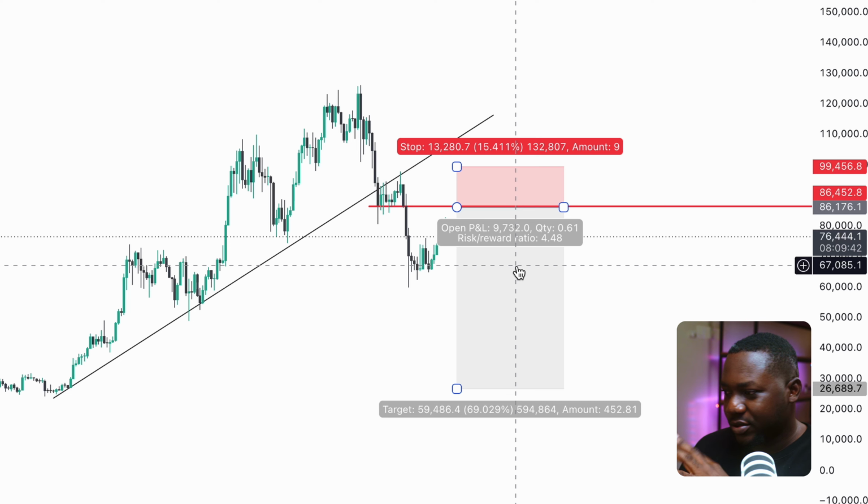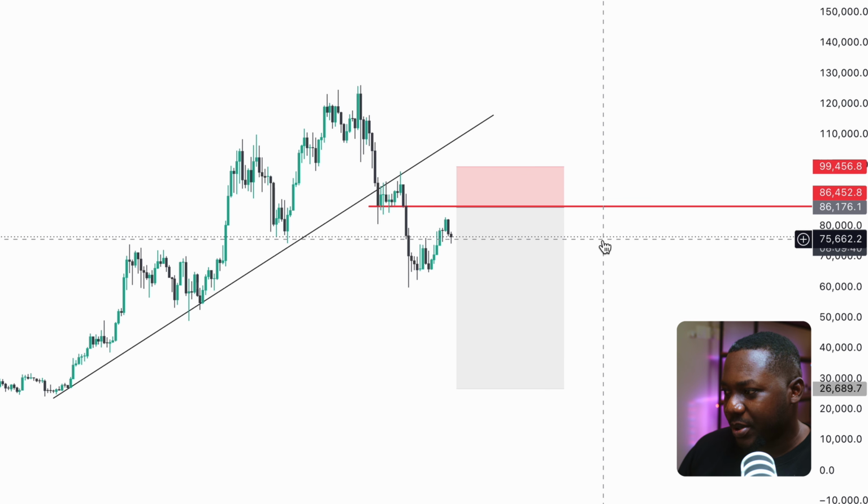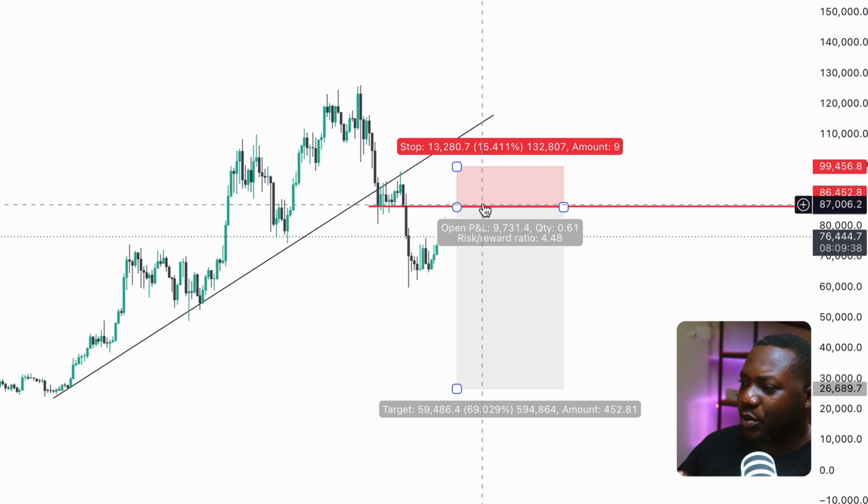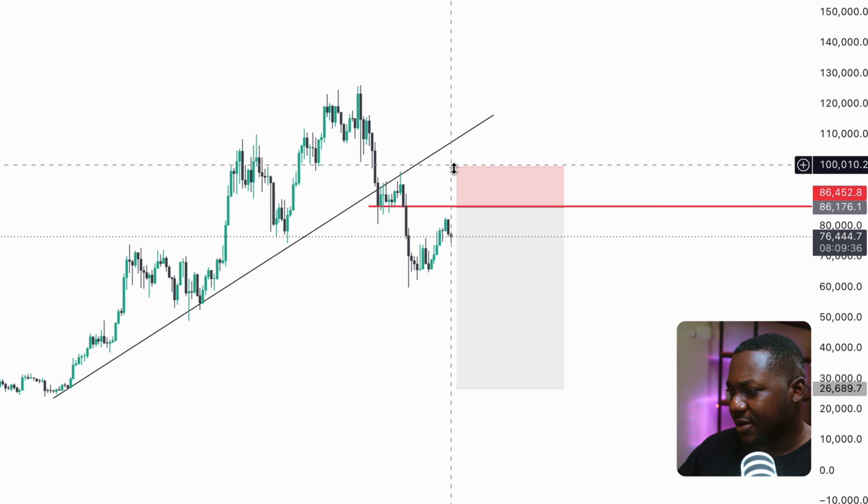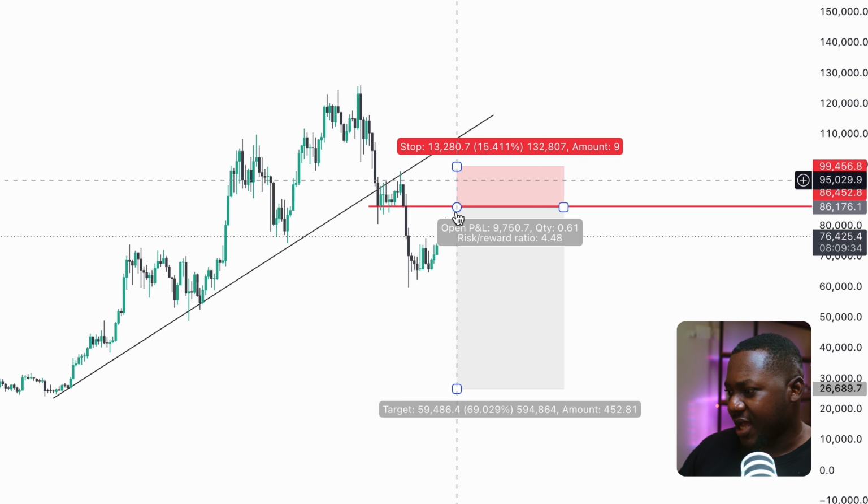It's not a good trade to do. This is basically for just demo purposes, all right? But essentially what you need to understand is that you can now set your stop somewhere here, your target here,